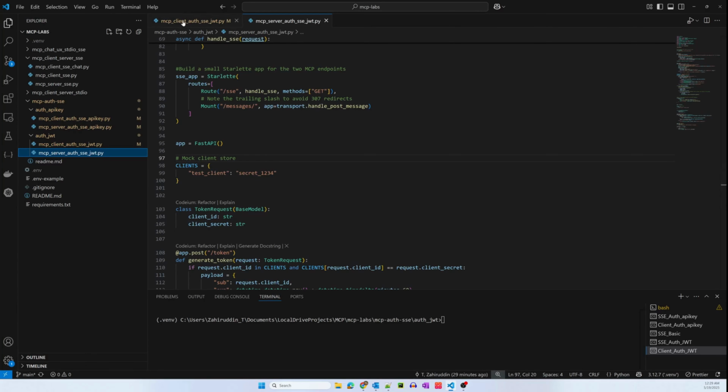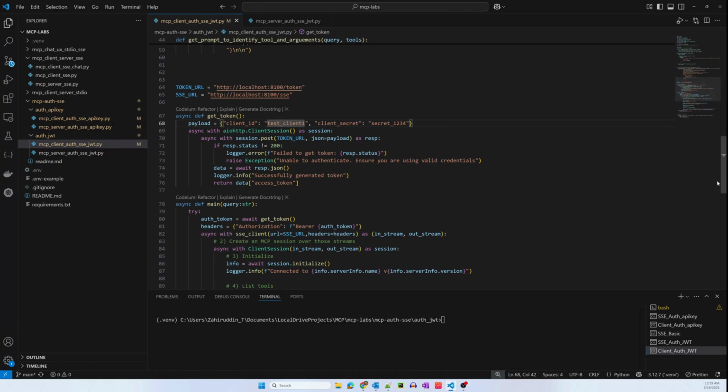Okay, so let me go back here. I've changed the client ID to test client one, obviously, which is incorrect, or which is at least not present in the store. So this should not work, and we should get the exception. Okay, so I'm going to run it. I run the client now, Python MCP client auth SSE JWT.py,